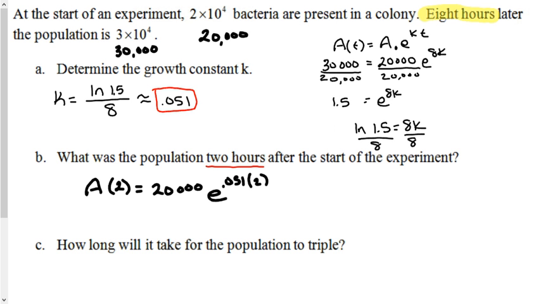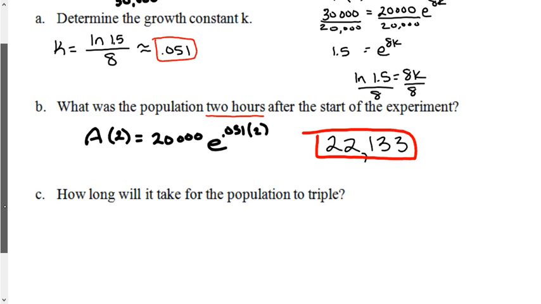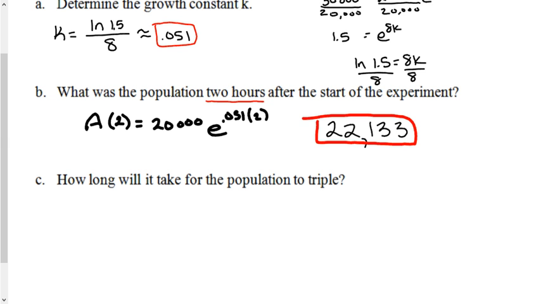Okay. So that was 22,133. And then we do know that, if we're just estimating, it'd be like 0.638. But as far as bacteria goes, I'll call it good right there. The last part of this problem says, how long will it take for the population to triple? If we're looking for a tripling time, then let's think about what it was at the start. We know our population started with 20,000, and so we can say 20,000